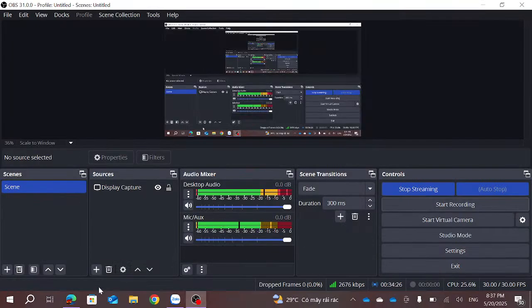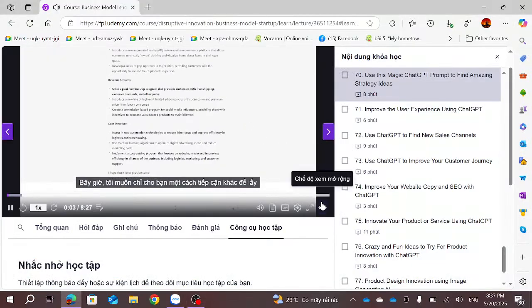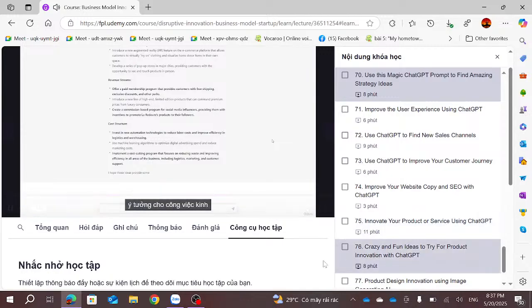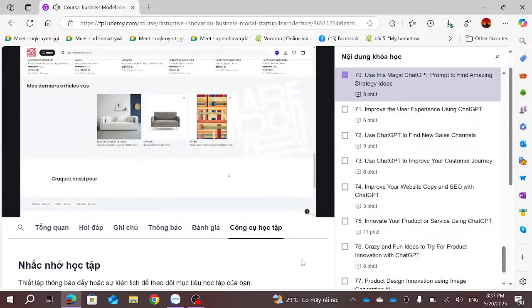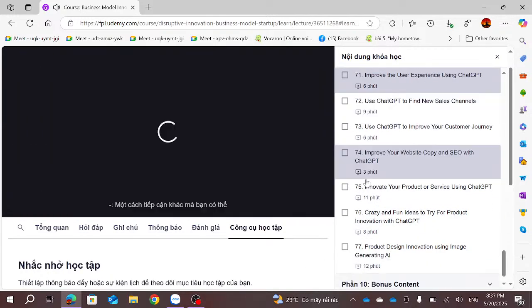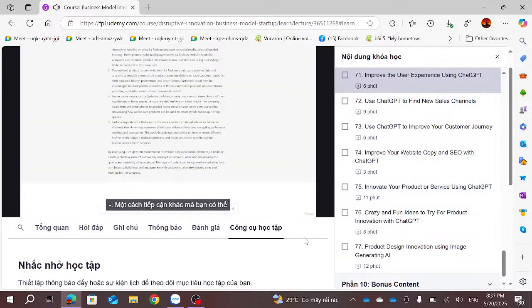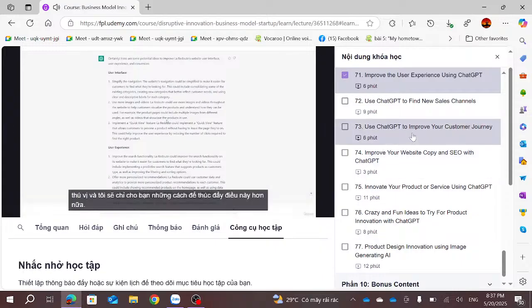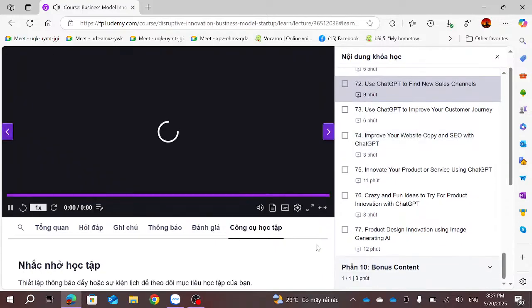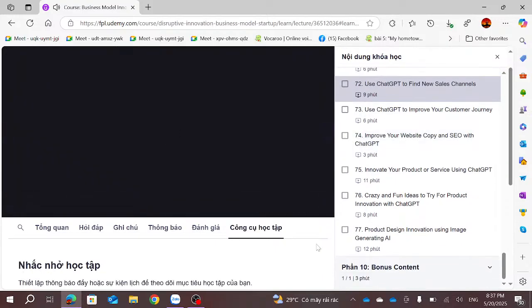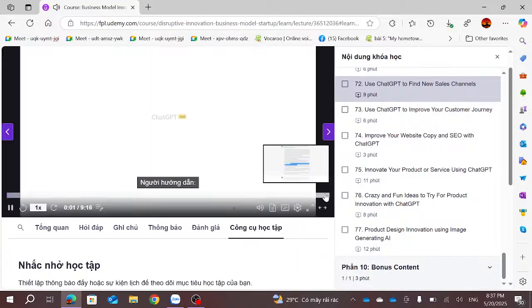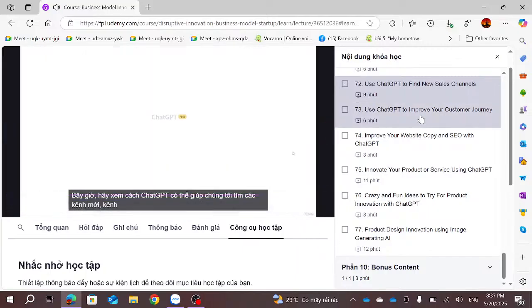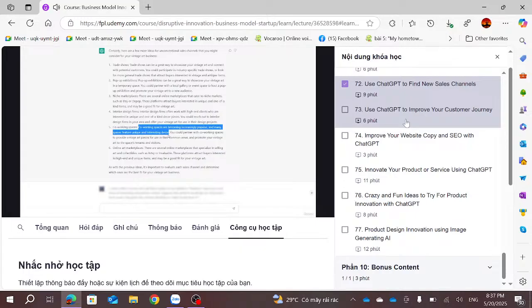Now I want to show you another approach to get ideas for your pictures of interiors of people. Another approach you can use for this, I'll show you ways to. Now let's look at how to do this. Maybe reach out to